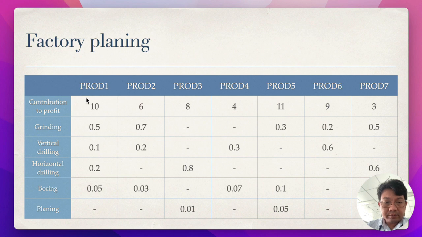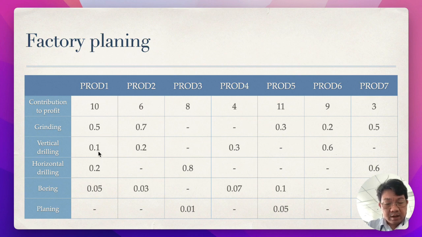the product 1 has a contribution to profit of 10, and the contribution to profit of product 2 is 6, 8 for product 3, 11 for product 4, 9 for product 5, 3 for product 6 and 7. And in order to produce product 1, you need 0.5 hour or 30 minutes, half an hour of grinding